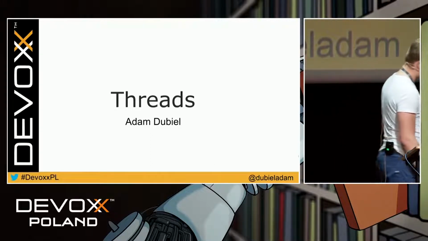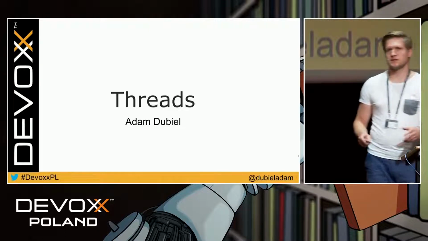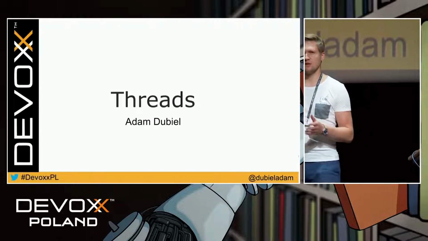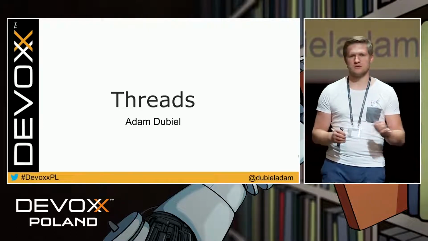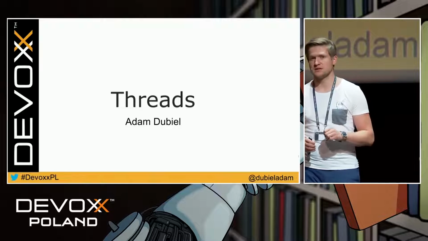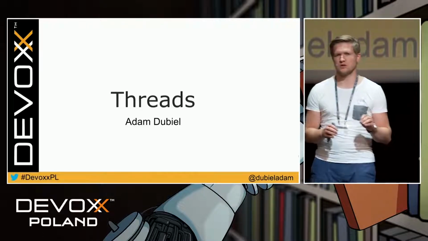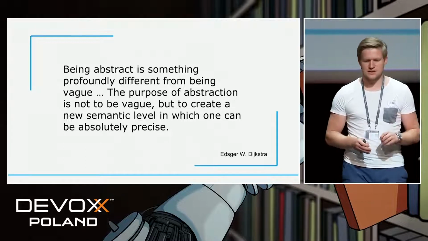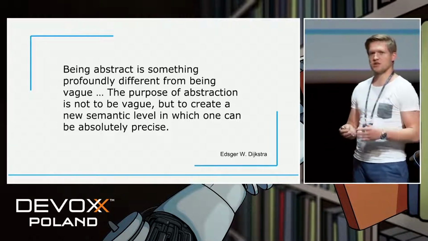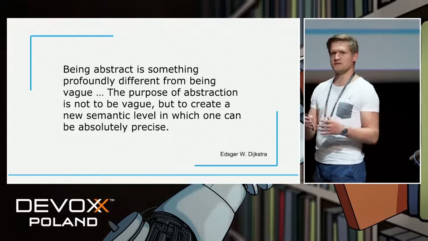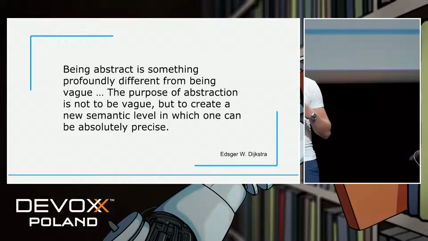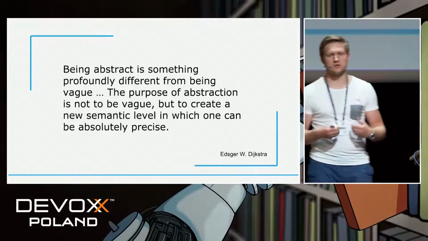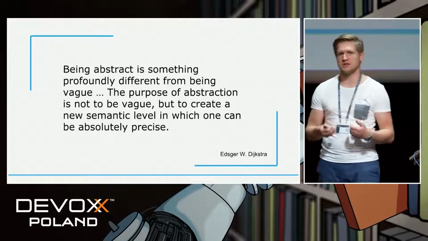Because of this, sometimes we become uncertain and very vague when talking about those lower level things like threads. So we're not sure how they work or what happens in our application. And as Dijkstra once said, adding abstraction should not be a way to hide those things. Abstractions are here to empower us to make our language absolutely precise, to be able to speak in a very